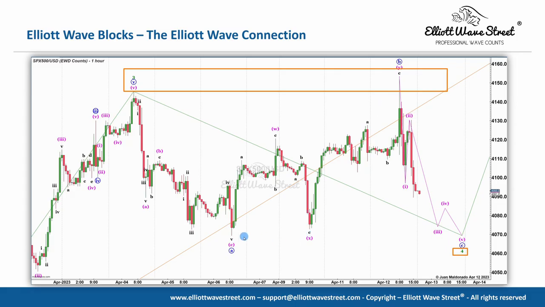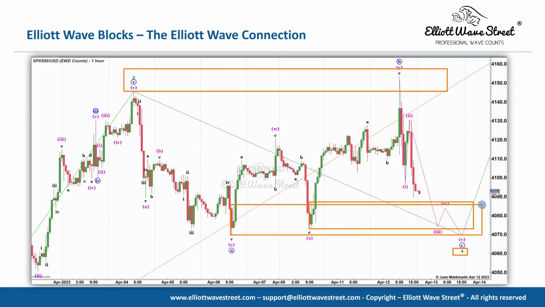Elliott wave blocks. And that Elliott wave block that we were drawing on the 15-minute chart, one was here at this area. This will be the hourly chart Elliott wave block, and this low here as well. Of course, on the 15-minute chart we can draw it with a little bit more precision, but it's the same plan. So now we know that the price needs to either reject before making the low, and that will be a buy trade, or break the low and reject from there, and that will be the buy